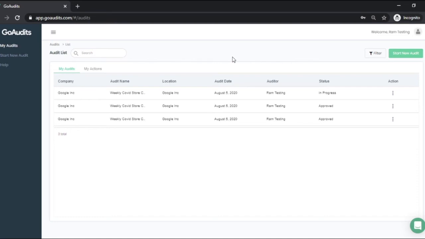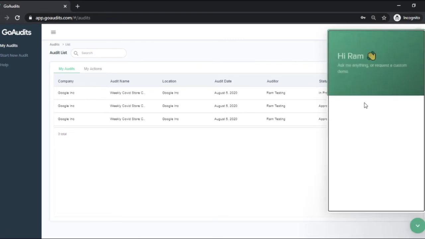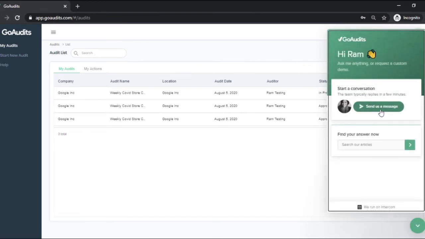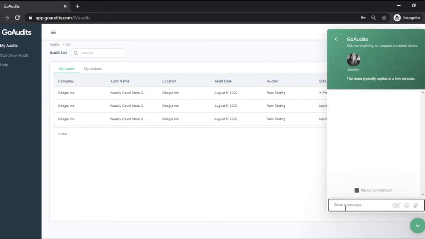from GoAudits. Again, if you have any questions, you can always reach us on the live chat by tapping the green icon at the bottom of the screen on the right-hand side. Just tap here and then send a message to us, and you will be able to start a conversation with the support team if you have any questions or if you encounter any issues, and we can support you straight